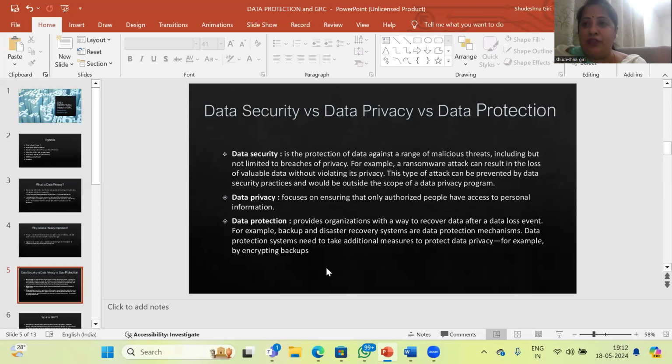So in the SOW, when we say that this has to be abided by, we also use something called GRC, which is nothing but your governance, risk, and compliance, which follows certain ISO standards. There are many standards across the organizations and across the world that can be followed and implemented to make sure that the data is protected.